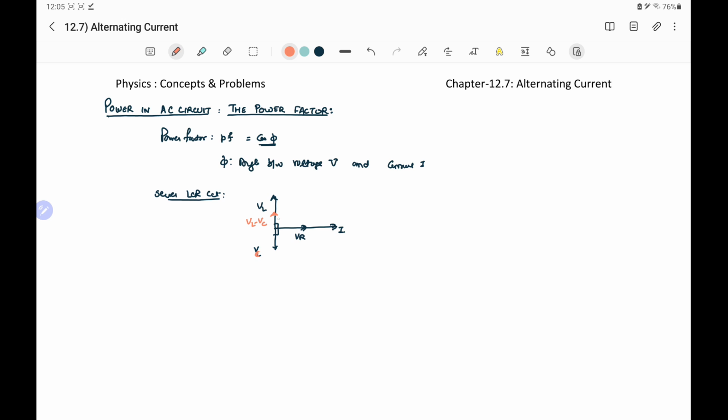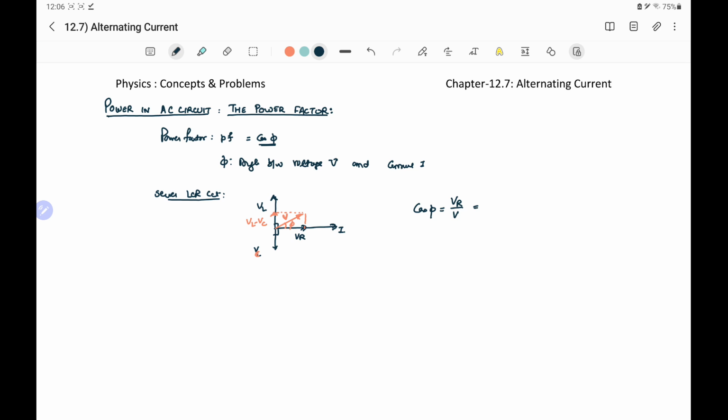And if we have to find the net voltage applied, we complete the diagram, and the diagonal of this rectangle will give the net voltage. The angle between this net voltage V and the current is phi, and cos of this angle phi is called the power factor. So we can write that cos phi is equal to, because cos from trigonometry is base by hypotenuse, VR by V,